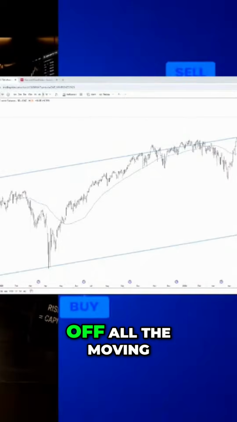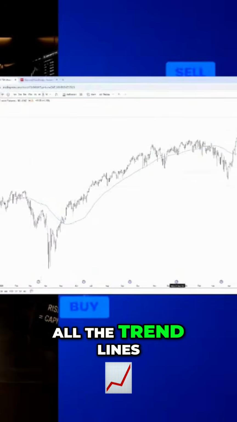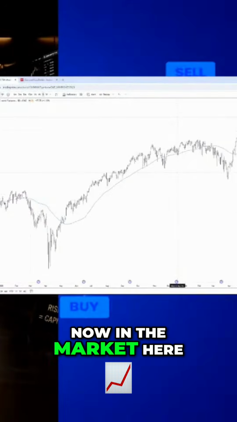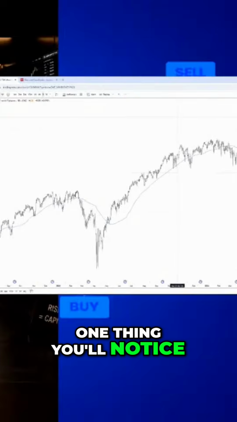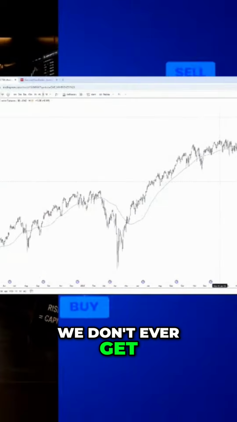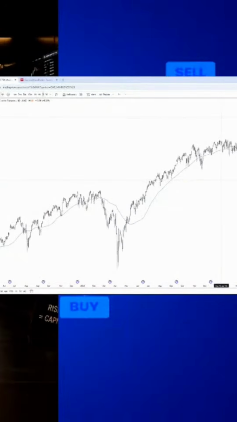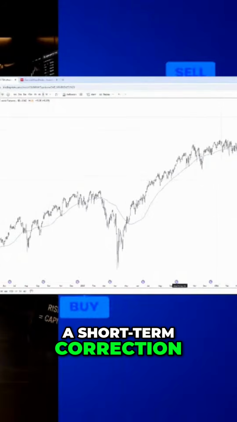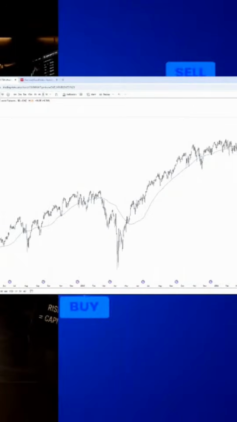So if I take off all the moving averages or all the trend lines on the chart here, we can see what we're seeing right now in the market here, right? One thing you'll notice is what? We don't ever get too far away from the moving average before we go through at least a bit of a short-term correction. So even in a very big bull market, right,